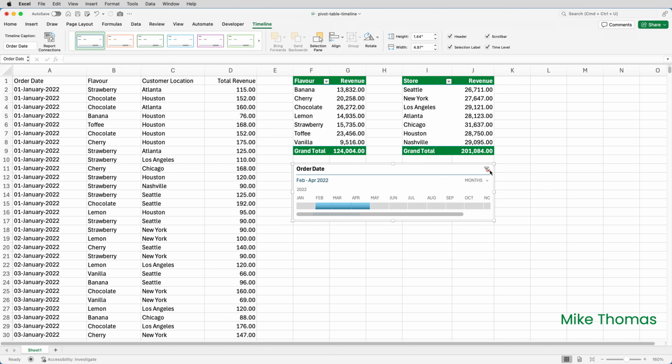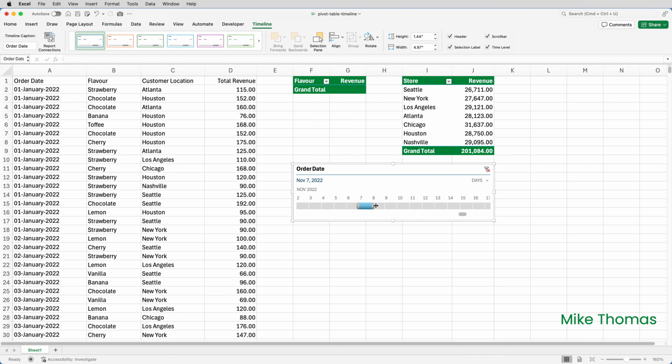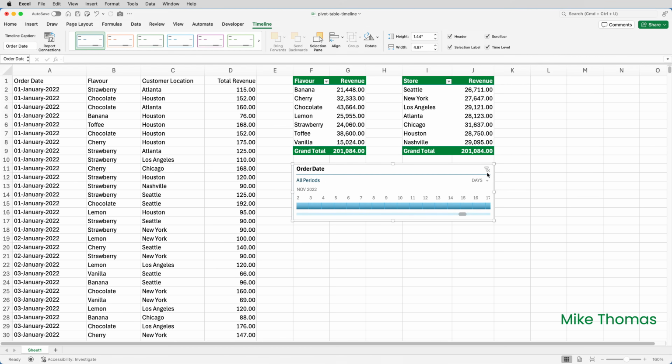Let's clear the filter. I can change the months to years. We've only got 1 year in this example. Or I could change it to days. And what we see now, if I scroll back to the beginning of the year, or I can just leave it where it is, but I can select either individual days or I can drag the mouse over a range of days. Let me set that back to months and then connect the timeline to both pivot tables,